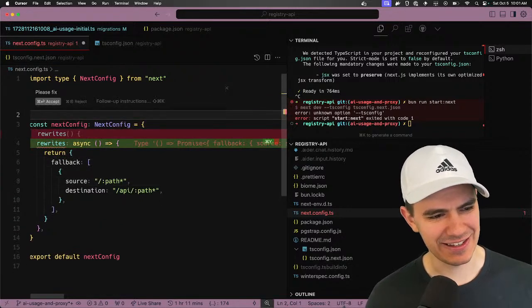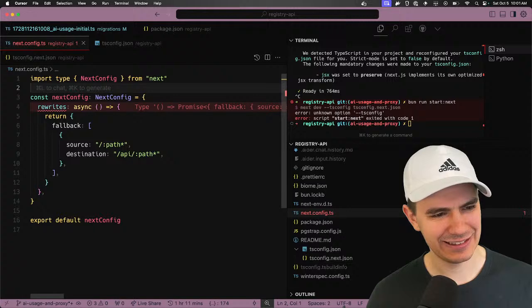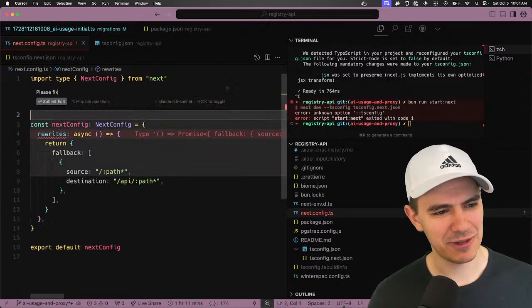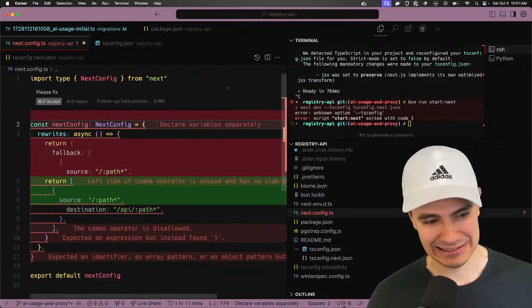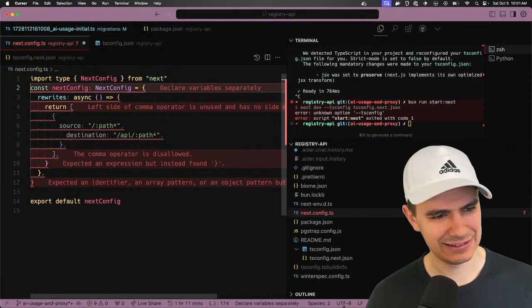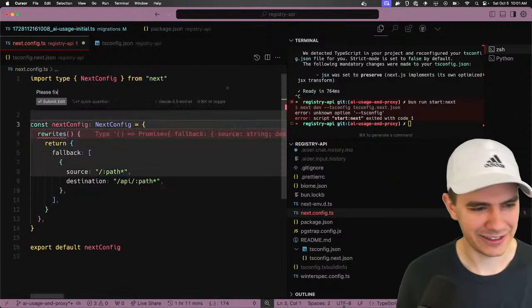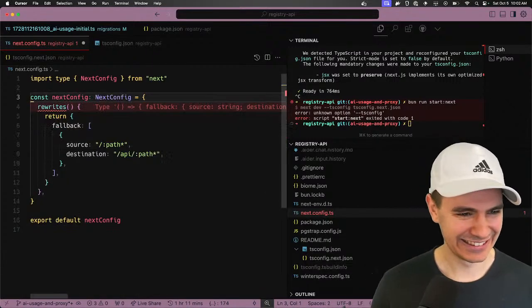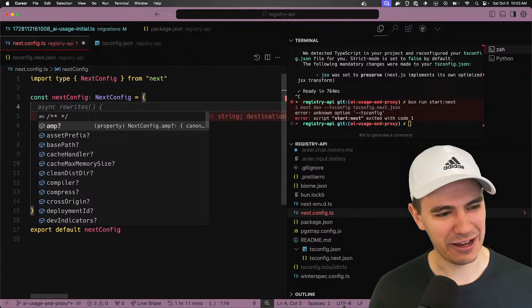Let's see if it's an easy fix. Otherwise, that's still not working, man. I don't know. I don't like what's going on here. But now I have autocomplete.